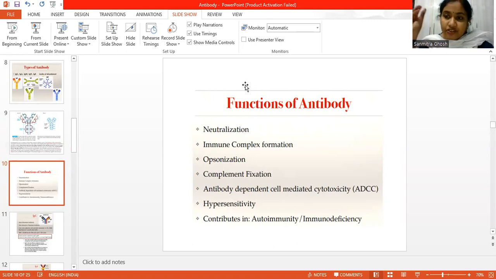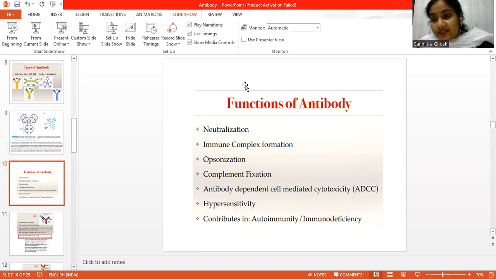A cluster-like structure is formed, which actually welcomes the phagocytic cells towards them, so that the phagocytic activity is enhanced. So here, the antibodies are playing a role to enhance the phagocytic activity of the phagocytic cells, like the macrophages or the dendritic cells. So this particular process of enhancing the phagocytic activity is referred to as the opsonization, and the antibodies which play a part in it are known as